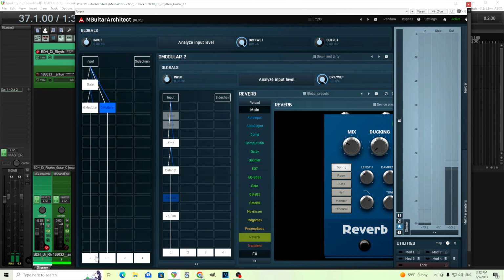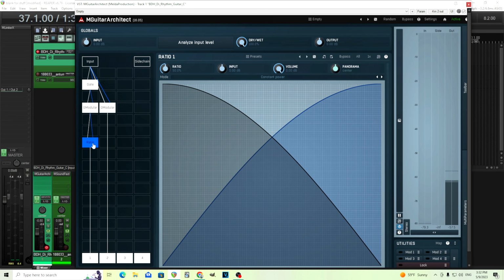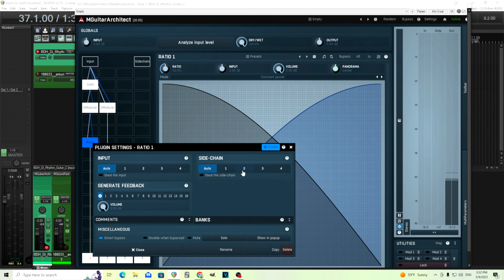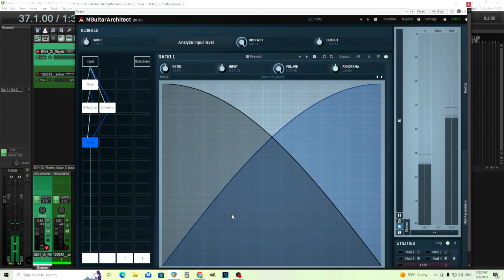Now we can combine them together. There's a few different ways we can do this. So the first way, I might do it like this with the ratio here. Add the ratio to lane 1. Right-click it. And choose the sidechain. So in this case, it would be lane 2. Click steal the sidechain so it doesn't come out of lane 2 also. Now it's only going out of lane 1. Now from here,